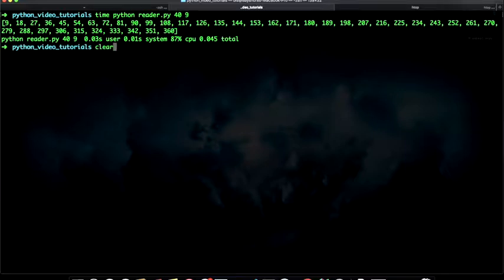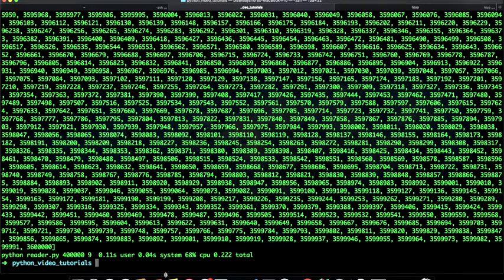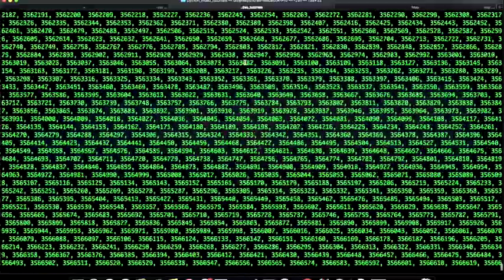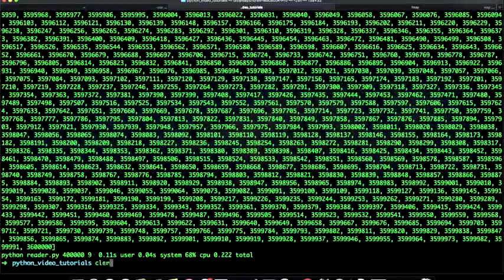Okay, so let's say that I want to do the same thing, but now with 400,000 values. What will be the time taken for this? Okay, so now see, it has increased to 0.11 seconds. Previously it was what? It was